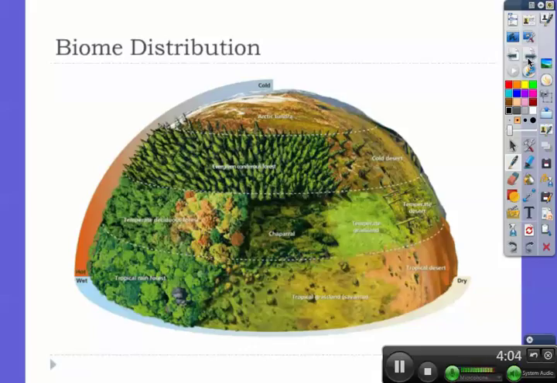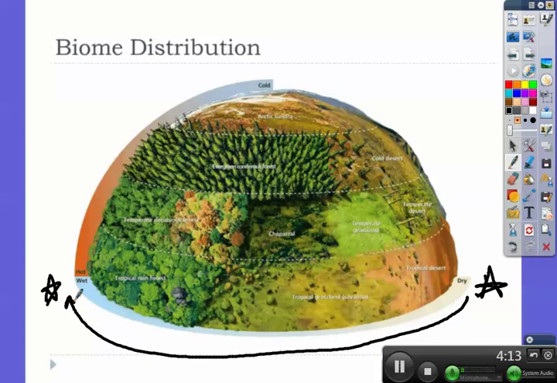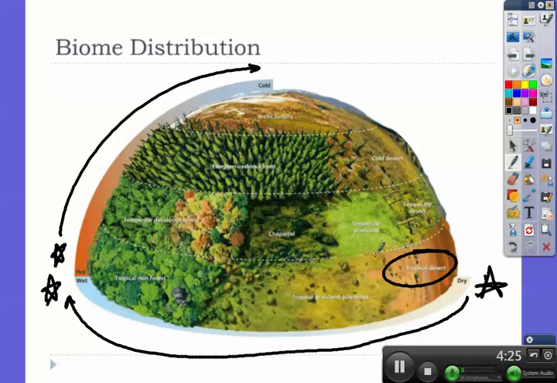So as we go from over here on the right to over here on the left, we're going from a very dry climate over here to a very wet climate. And as we go from here on the bottom up to the top, we're going from a very hot climate to a cold climate. So combinations of hot climate and dry. Here you've got a tropical desert. Okay, moving into a tropical grassland. All right, here we're increasing precipitation as we go from right to left.